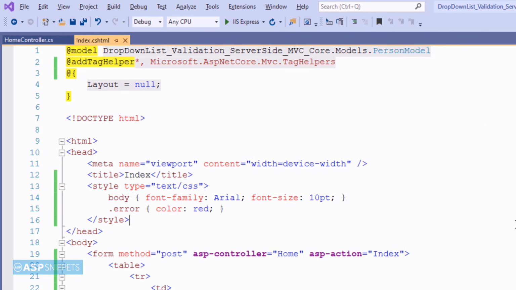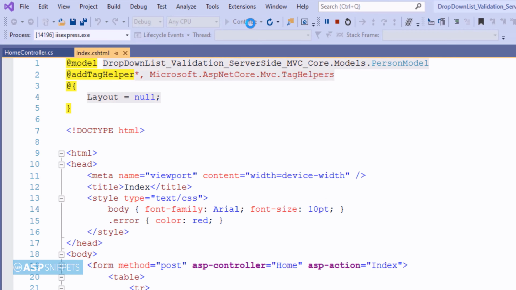Here I have pasted some CSS classes. This is required for styling the view as well as setting the color for the error message which will be displayed during validation. So with this we complete our programming part, and now it's time to run our project and